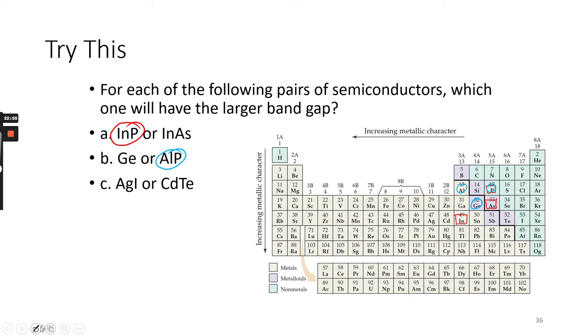Okay, the last one, let's do it in green. We have silver iodide and cadmium selenide. So this is dealing on the trend that the further apart they are, the larger the band gap. So which two are further apart? Silver iodide will have the larger band gap. And that is the end of our band gap